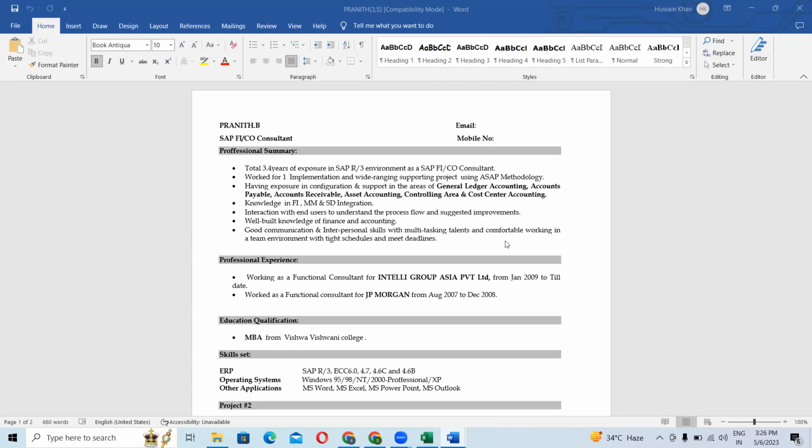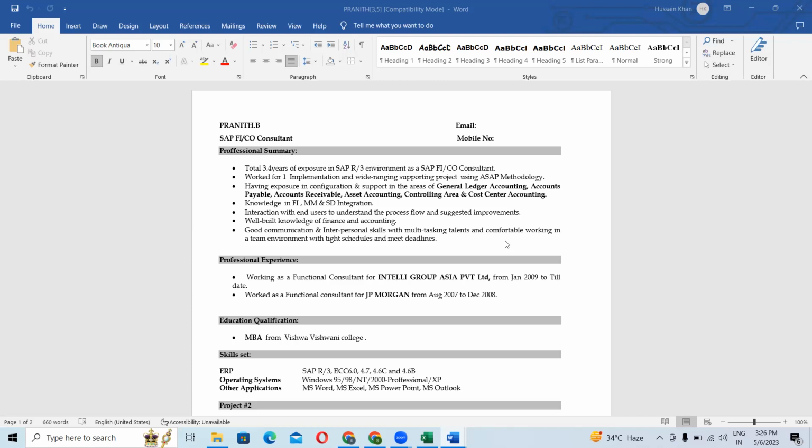Then if it is numeric, then a simple numeric of 1 or 2 digits, then gmail.com, or let's suppose yahoo.com, or whatever medium you are applying. You're trying to create the Gmail, you can create it, but try to make it as simple as you can. And then under the professional summary, in this area you need to mention the skills which you have in the SAP FICO domain.